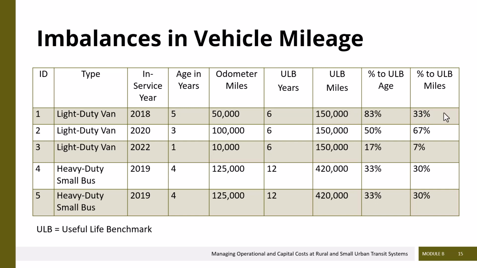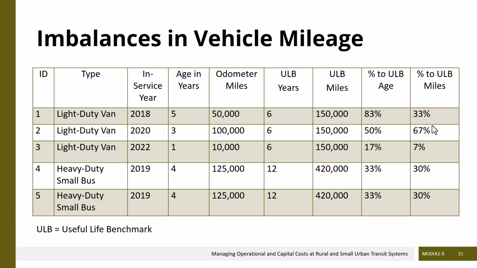This vehicle has not accrued as many miles as it should have and is reaching the ULB due to age, even though it should have a lot of useful life left in all of the main mechanical components because it's only at 33% of the targeted miles. You can see a few other imbalances as you go down the list, none of which are quite as significant